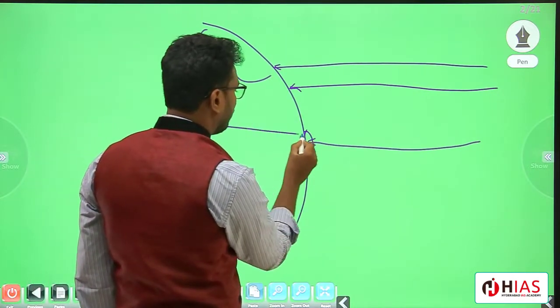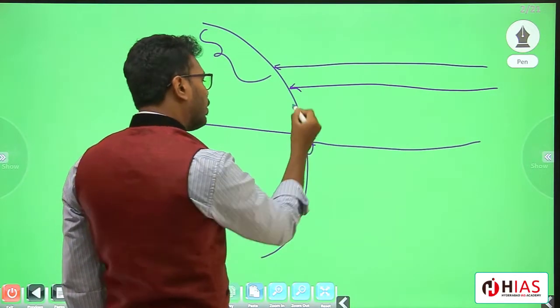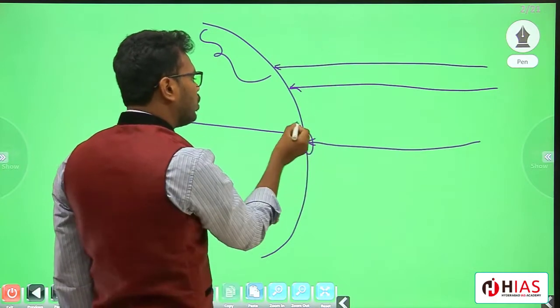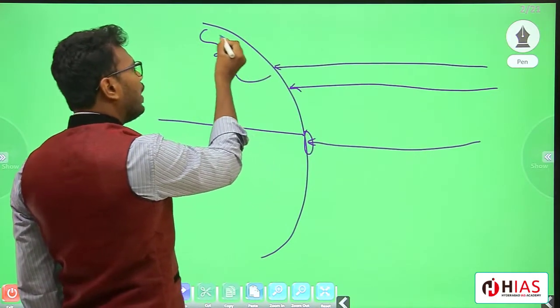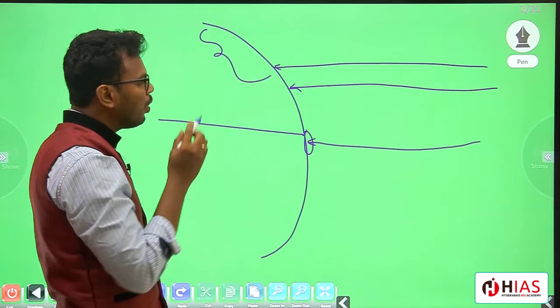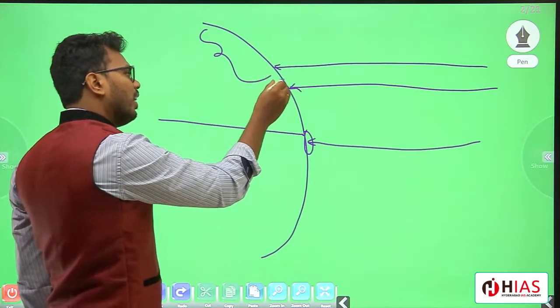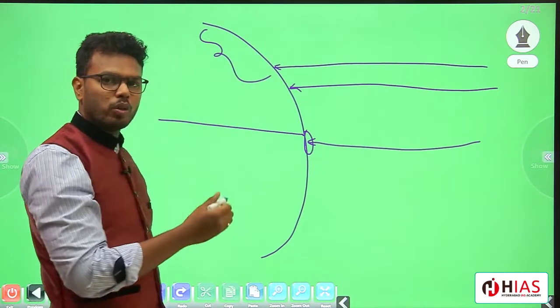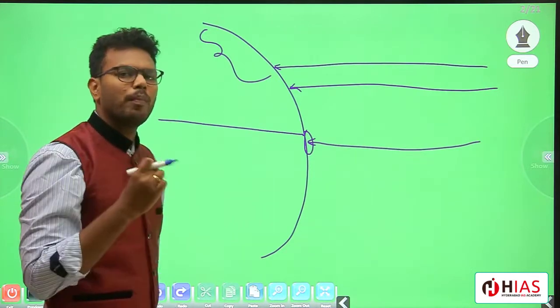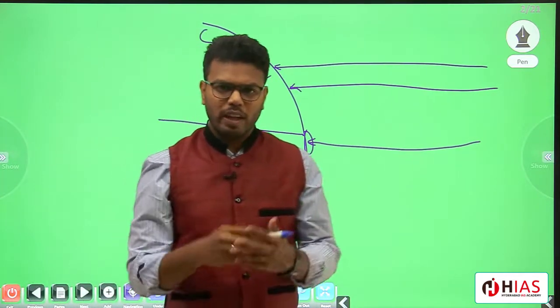If you just imagine, this is the equator, and from the equator you are going to the upper latitudes, there you are able to see the bending of the Earth surface. Because of the bending of the Earth surface, the sunlight will be there in the higher latitudes also, but the intensity will be less. I'll tell you an example.